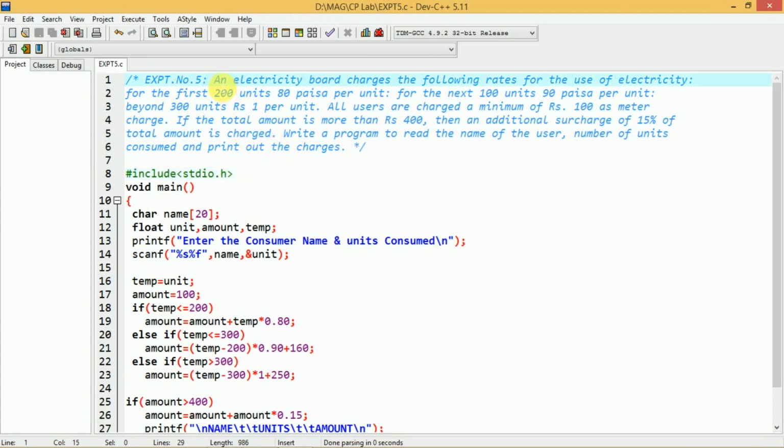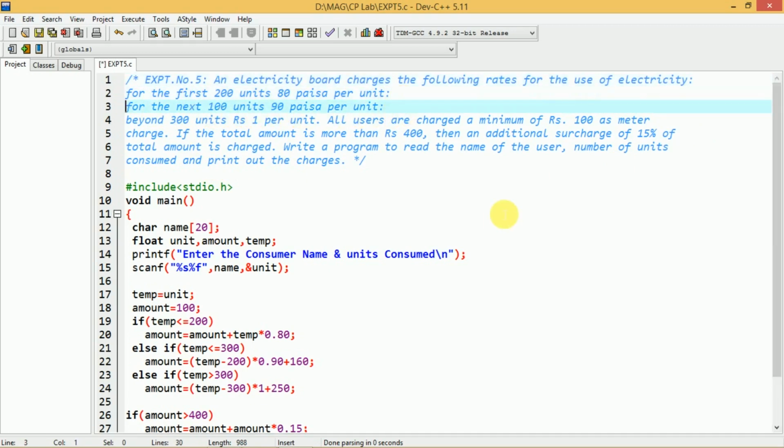The detailed aim of this experiment is: an electricity board charges the following rates for the use of electricity. So here the rates are given. For the first 200 units, the charges are 80 paise per unit.